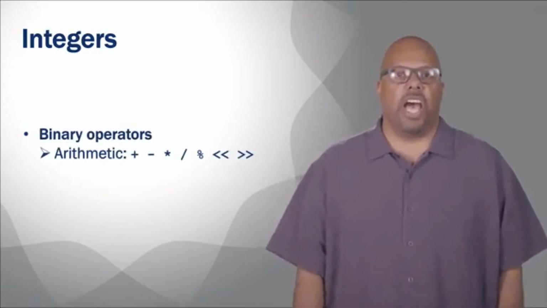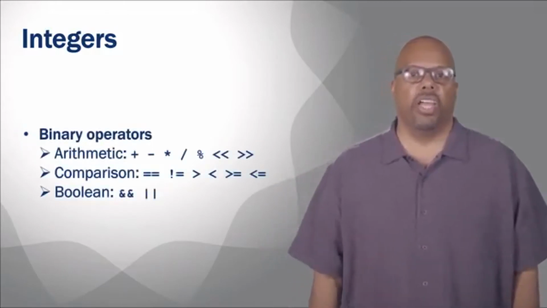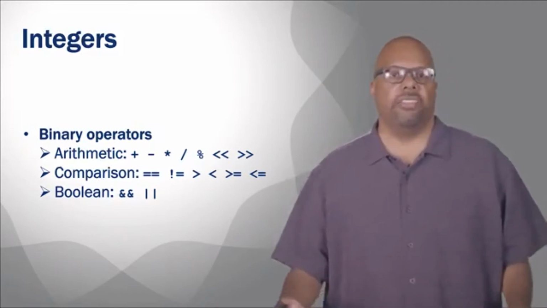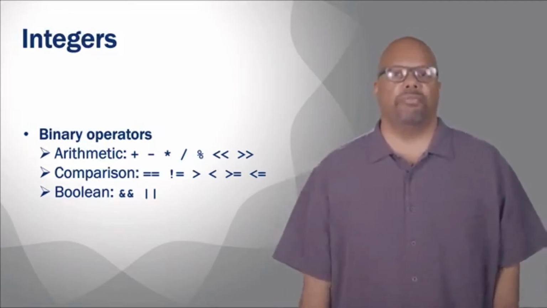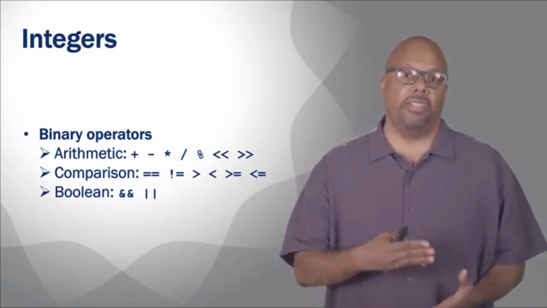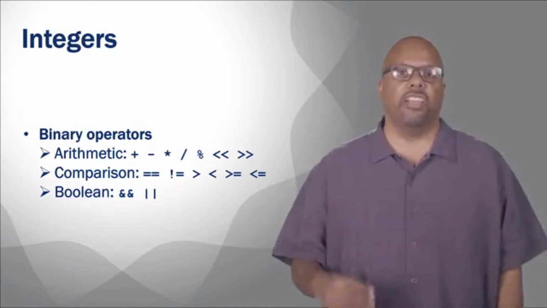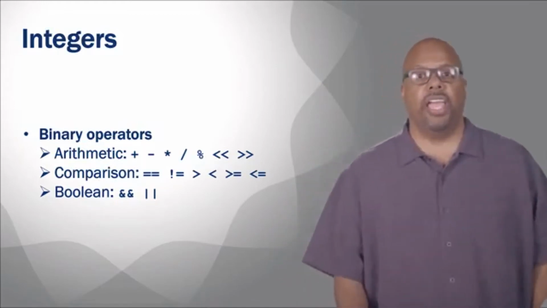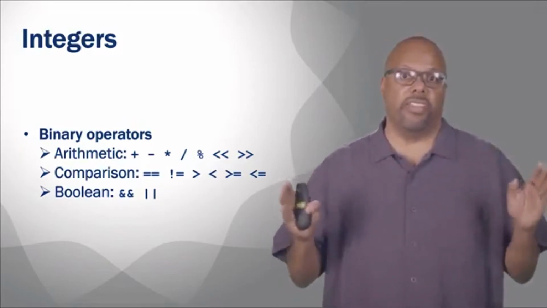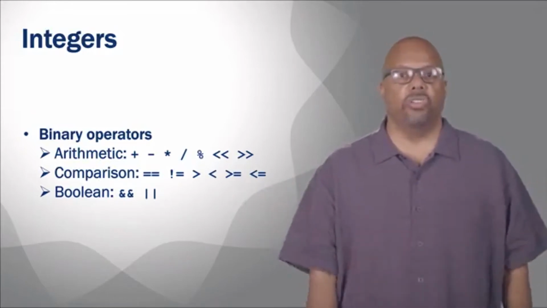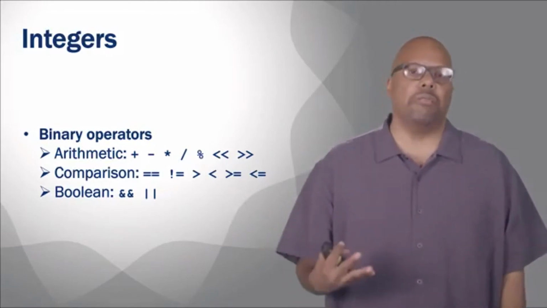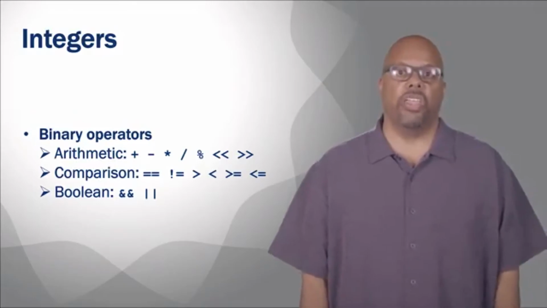Now, integers also have a set of operators. I'm showing the binary operators right here; there are also unary operators. You've seen these in every language: plus, minus, times, all the arithmetic, shift, modulo. Comparison operators, so equal is an equality comparison. Exclamation equal is not equal. Greater than, less than, and so forth. There are Boolean operators, and, or. And then bitwise operators, which do Boolean operations per bit inside the integer. All standard languages have the same set of operators that you can operate on integers with.